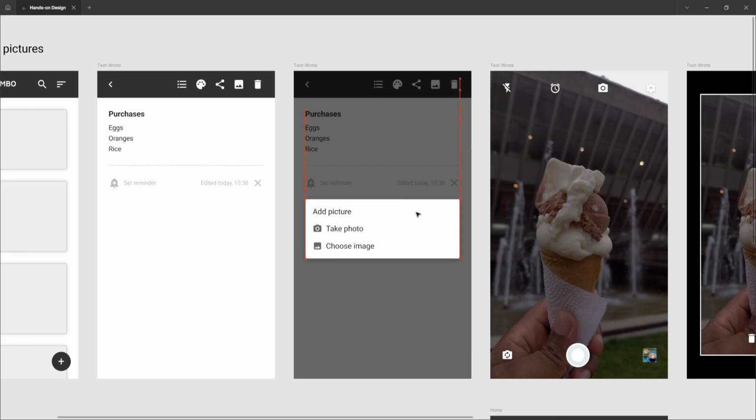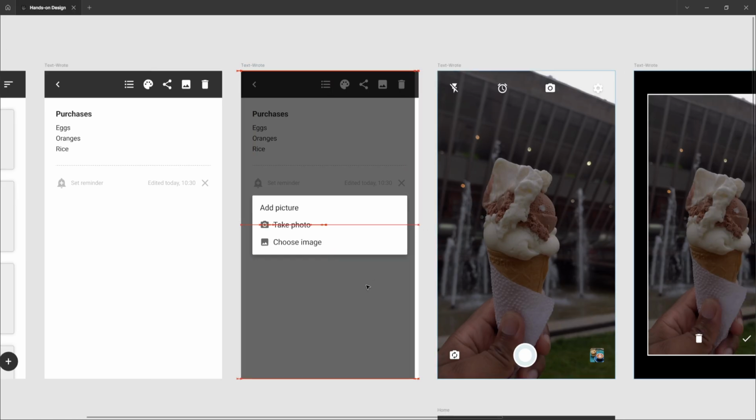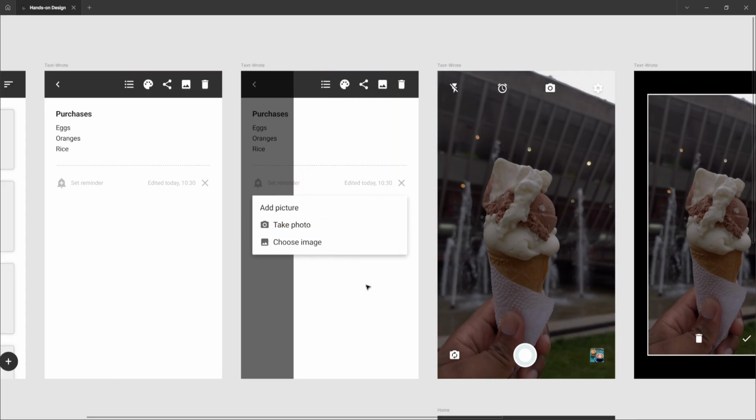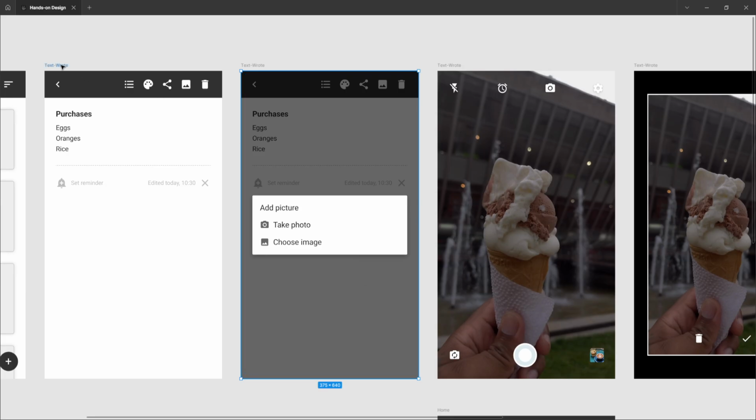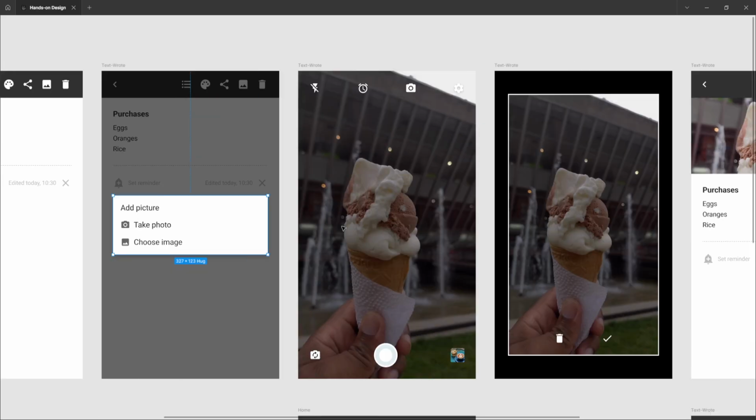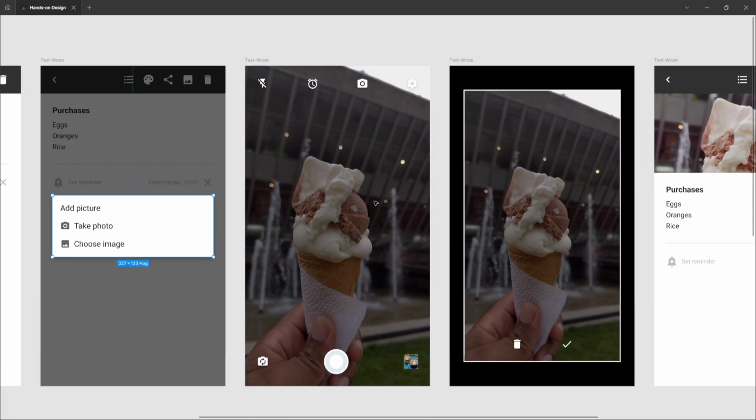So this component is over this overlay, and the overlay is over the regular screen. I just copied this one, pasted here, created a rectangle, put it on the screen, and then on top of that I put this one. And here pretty standard as well, so we can Google it. We can go to material design resources and find all these icons because they are standard. So we have flash, timer, photo, whatever,